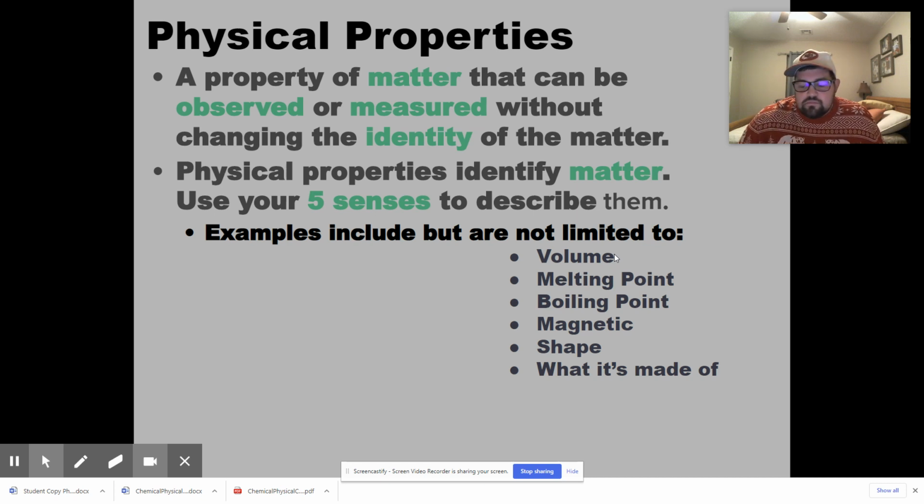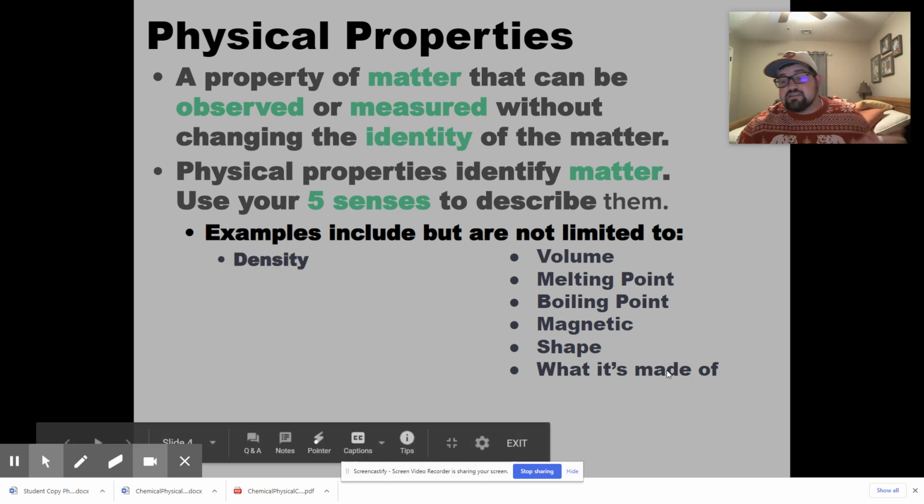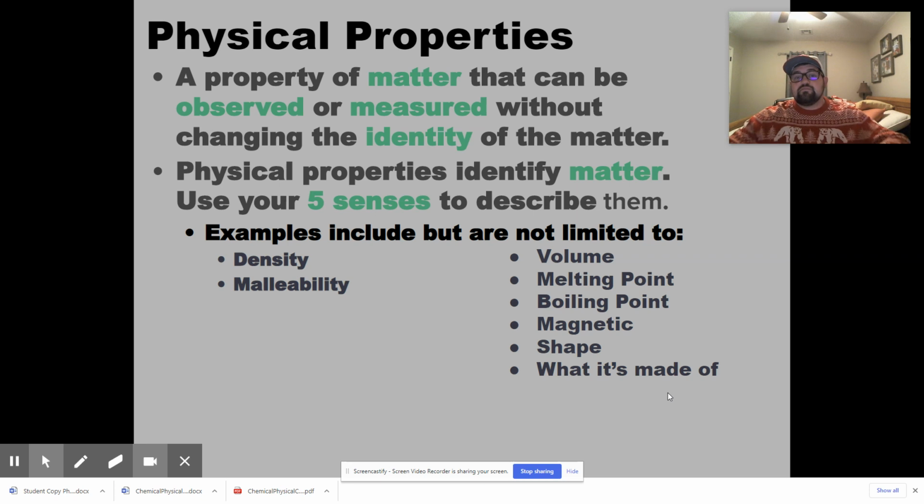So just simply what is it made out of, chemically or whatever. We can also measure the density, which is the mass divided by the volume of an object, how dense something is, how much mass is in a certain amount of space. The malleability, that's a big word. Malleable means its ability to be bent. And so metals actually are very malleable, which is a property of metals. Some of you guys did metals in your element project, and you found out that it was a malleable